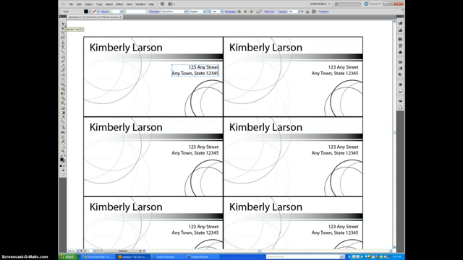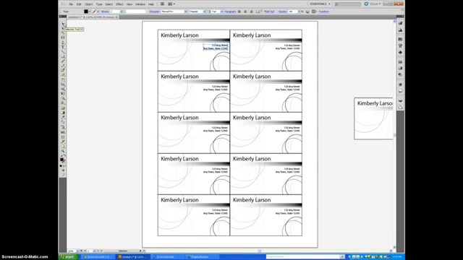I'm going to zoom out real quick. I'm going to hit Control 0 and it will zoom out to full page. Now what I need to do is create my cut marks real quick. I'm just going to get the pen tool. It's what I'm most comfortable with, and I'm going to do a little tick mark. To make that straight line, when I clicked and went to the other side and clicked, I just held down